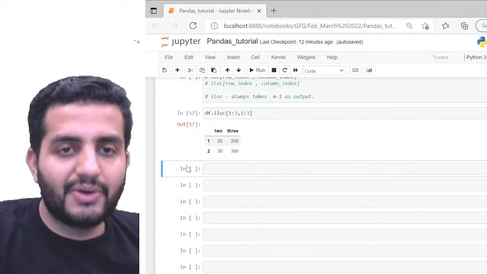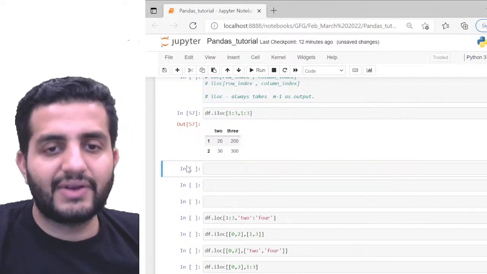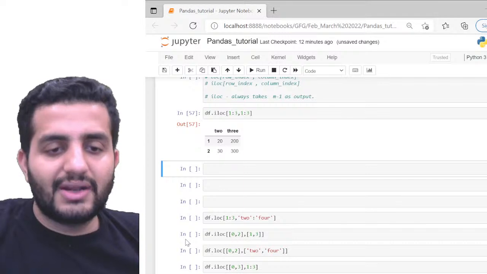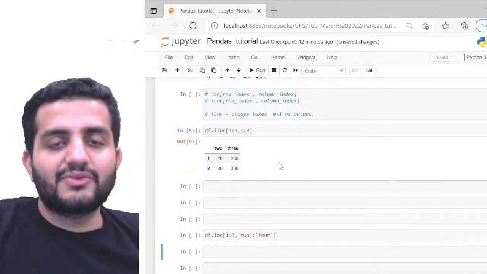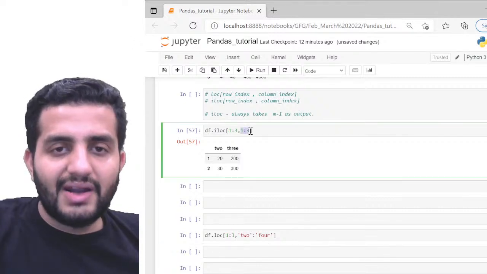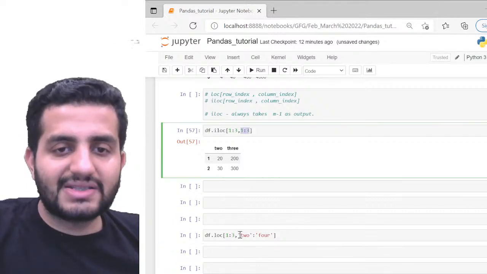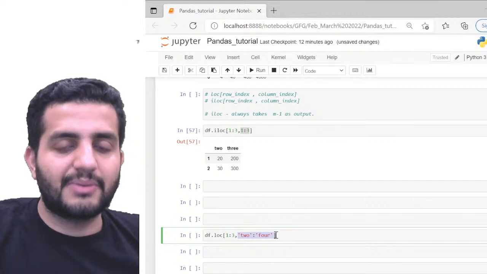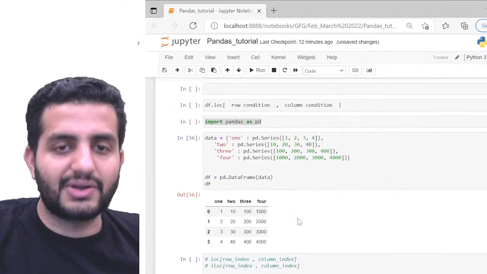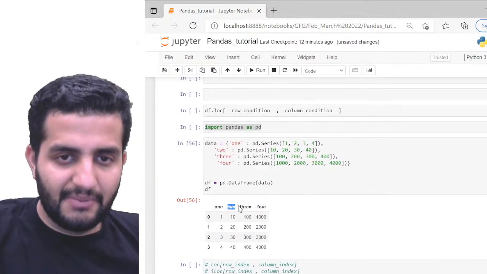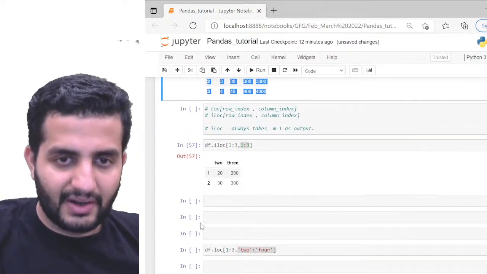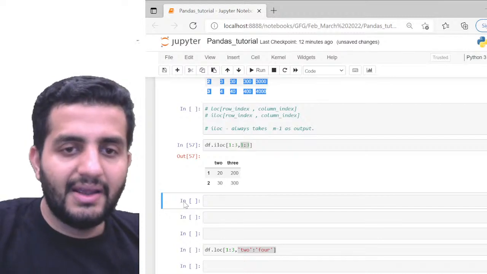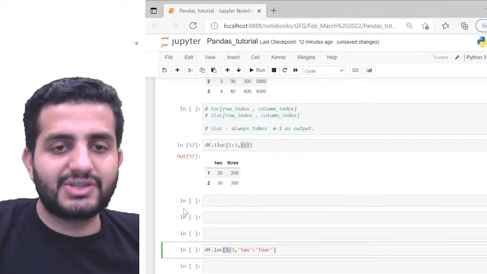So I'll show you a few more examples. I have, for example, like this. Now look at this example. Same thing, okay? But here in this case, instead of passing 1:3 as integers, now I'm passing the exact names of my columns. I'm passing TWO till FOUR. This is exactly what I did, right? So this is my first index and this is my 3rd index. I'm passing TWO and FOUR, right? But my row indexes still remain the same, 1:3, right?